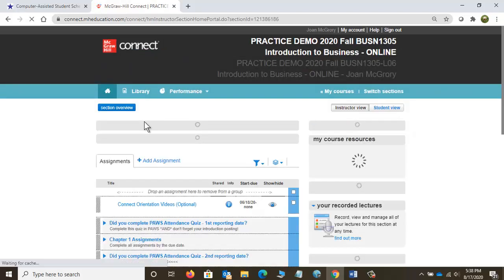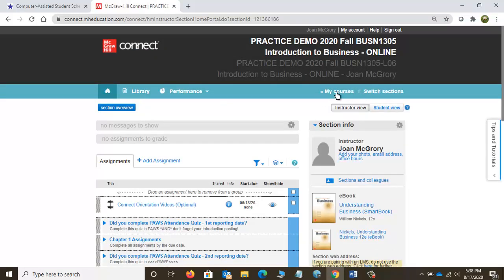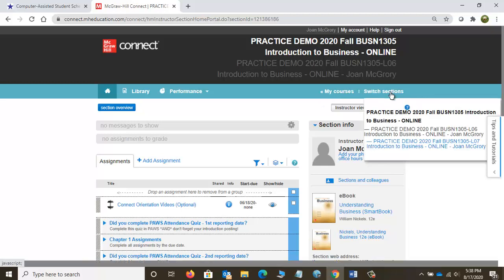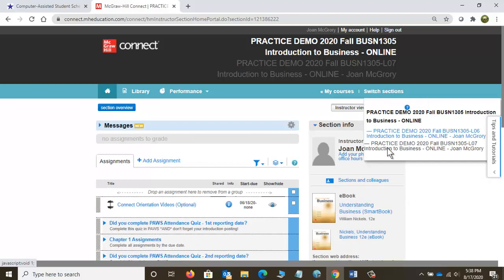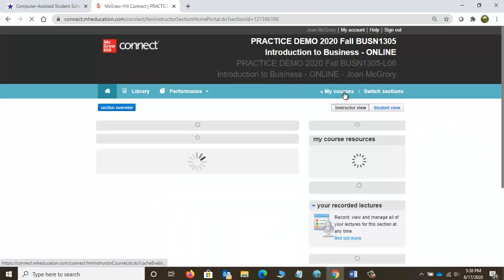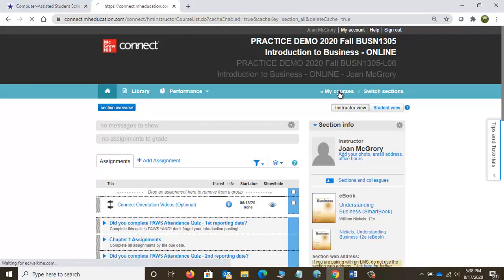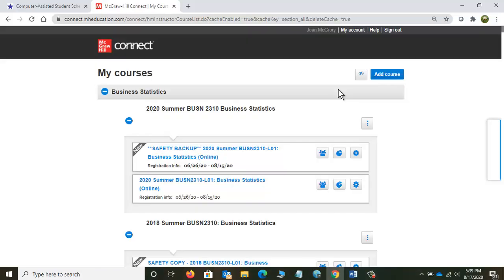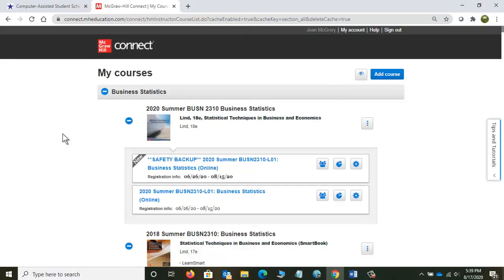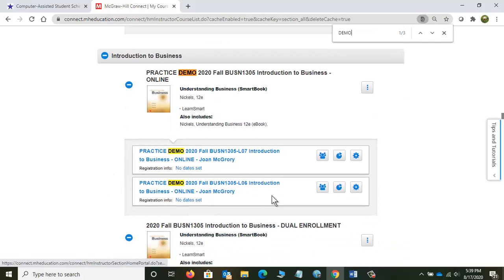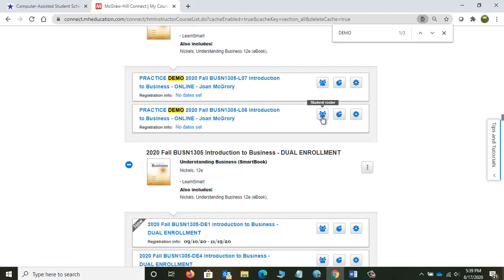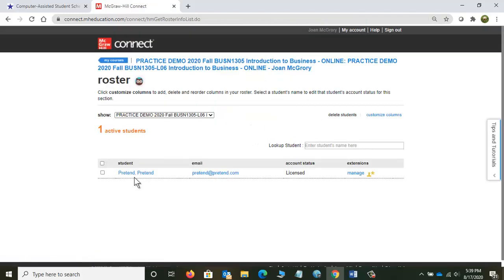Again, the home button is how you get back there, and my courses, well, first of all, I can switch sections. That's very handy dandy over here. Between my multiple sections, and if I need to go back to my entire course list, I can click on my courses. And the final thing I'll show you, I'm just doing a Control F so that I can go through this page very quickly. I'm looking for my demo course. There it is. And one of the things now that I will see is my roster, and I have my